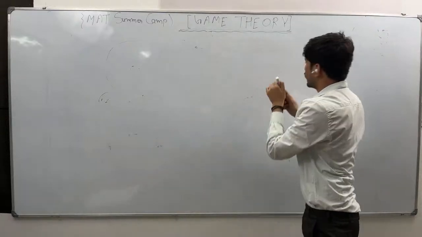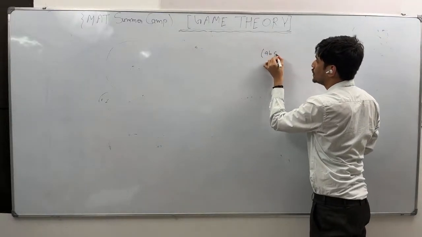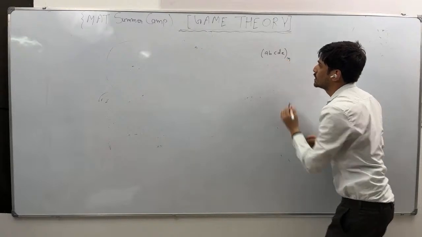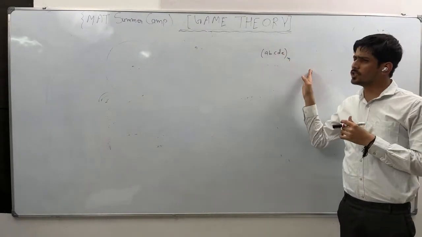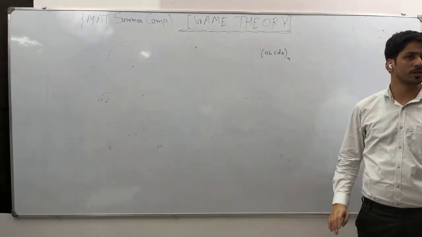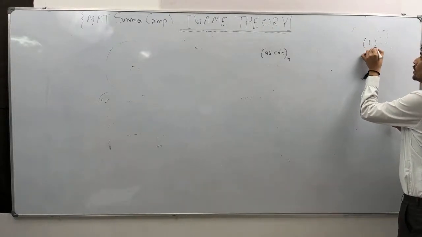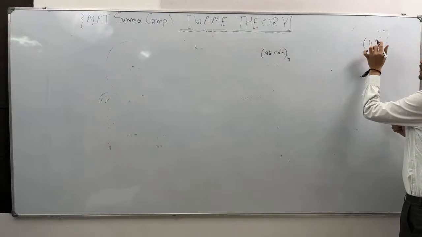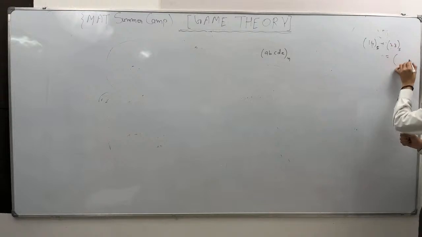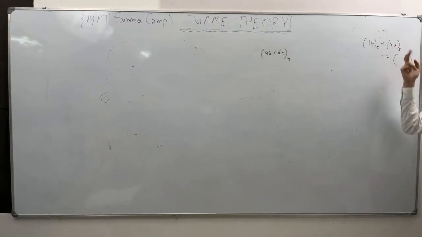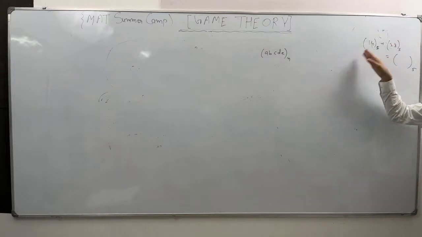So let's say you have any number a, b, c, d, e, and the base is n, and you want to convert this. The thing is, when the base is different, it is very difficult to add the numbers. If I ask you 14 and 23 in base 5, can you tell me what the answer will be? Very difficult. You can't add directly, because 4 plus 3 is 7.